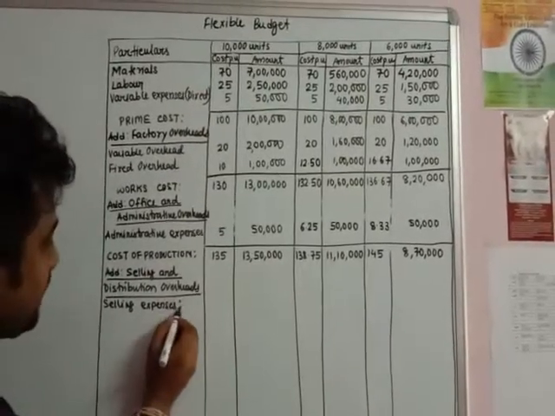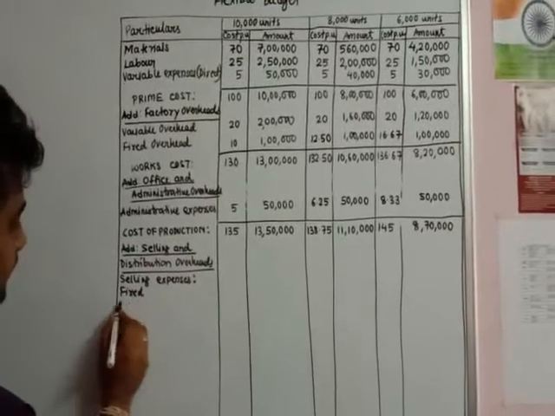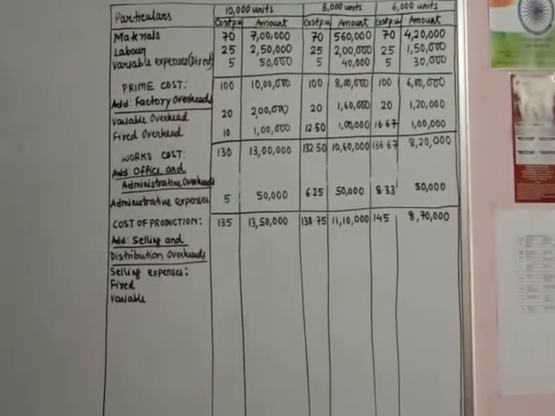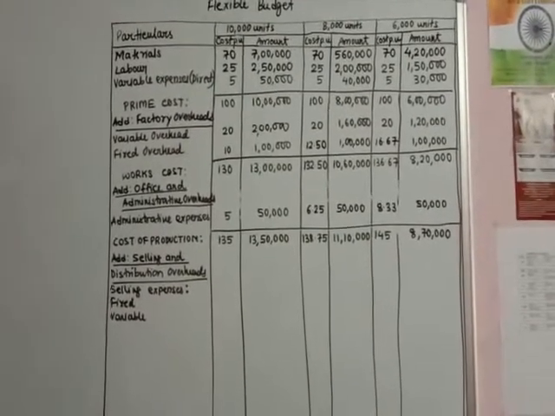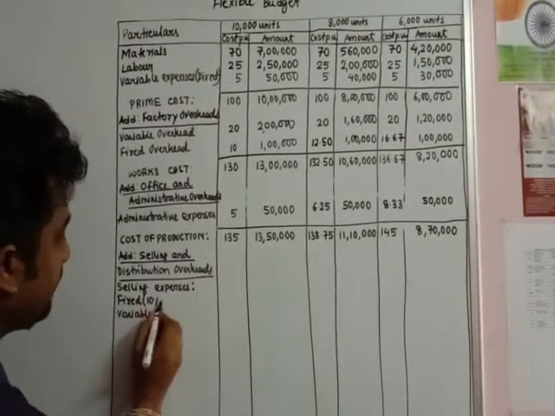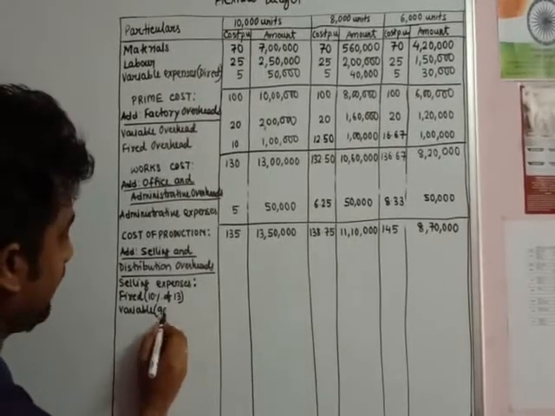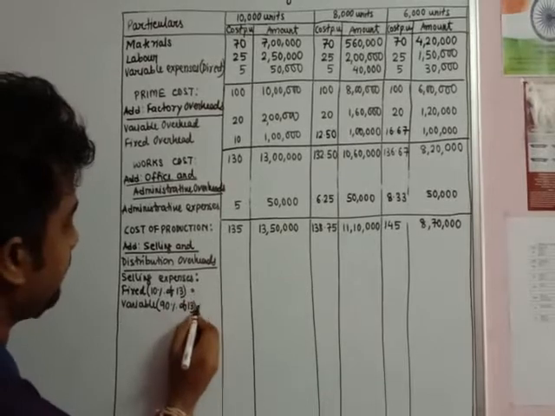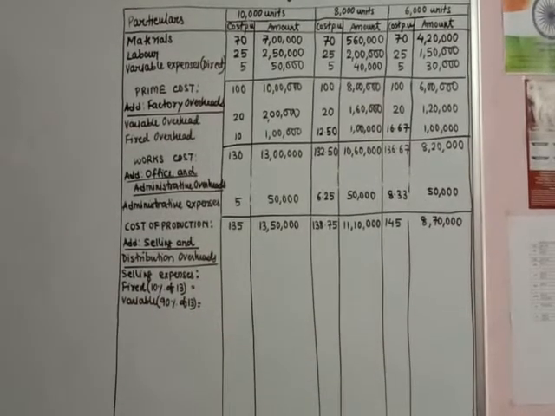So now this selling expense has two portions. One is the fixed portion, the other is the variable portion. So 10% of selling expense is fixed. So 10% of ₹13, you get what? 10% of 13. Again, the variable portion is 90% of 13. Obviously, if 10% is fixed, that means the remaining 90% is variable.